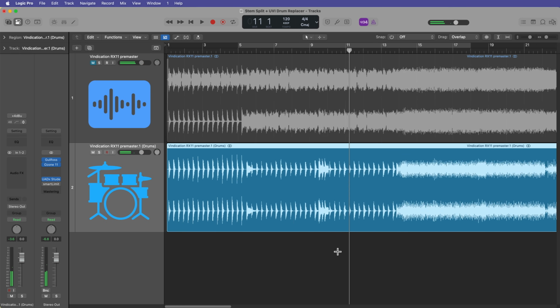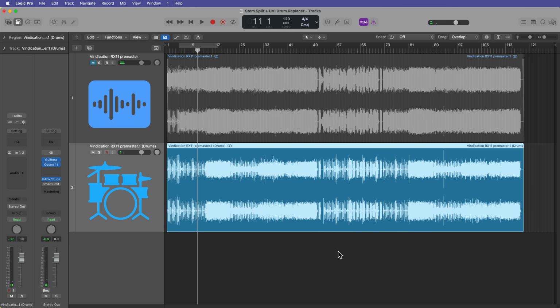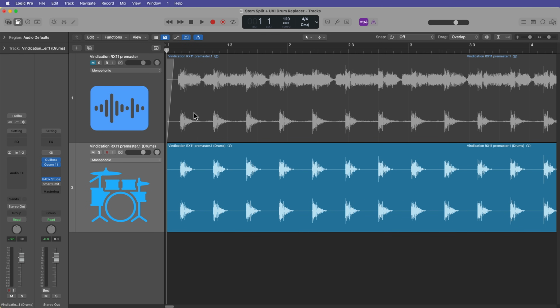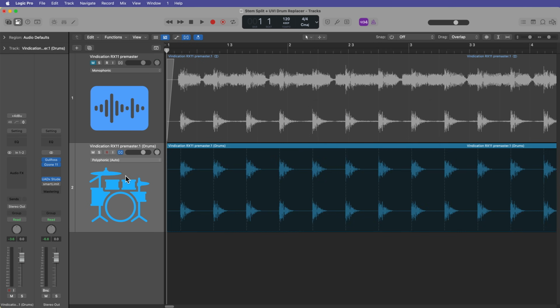Okay, so the next step is we need to isolate just the drum from the drum stem that we want to use as a trigger for our sample replacement. Now, there's a slow way and a quick way to do this. The slow way, you can start by turning on Flex Time, go to that track, turn on Flex on that